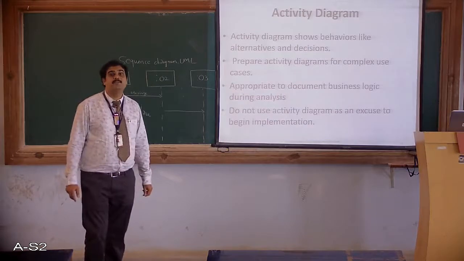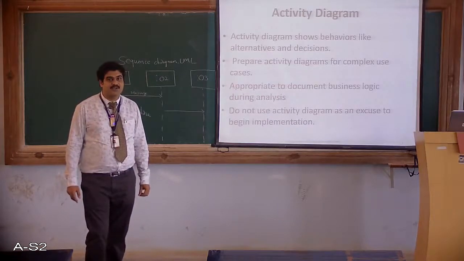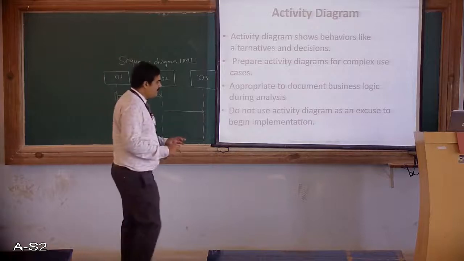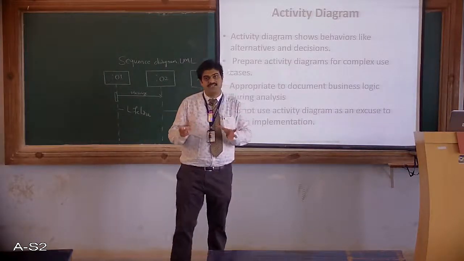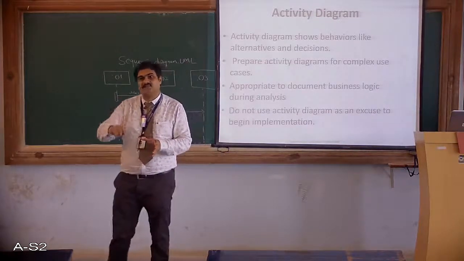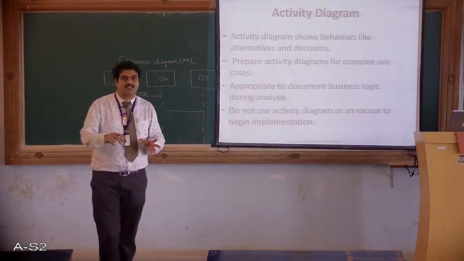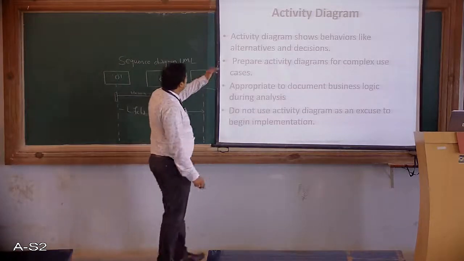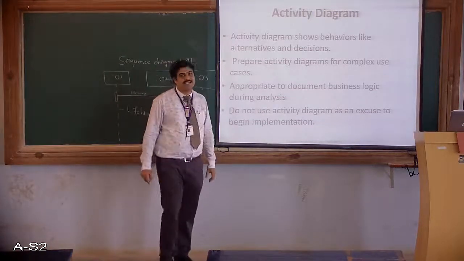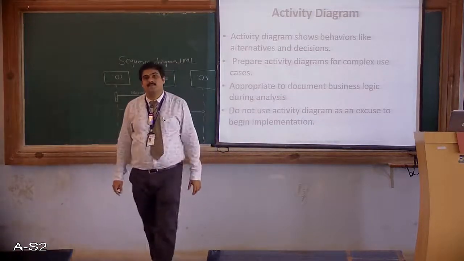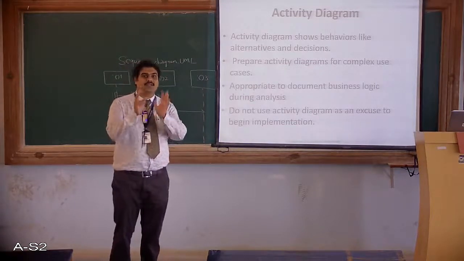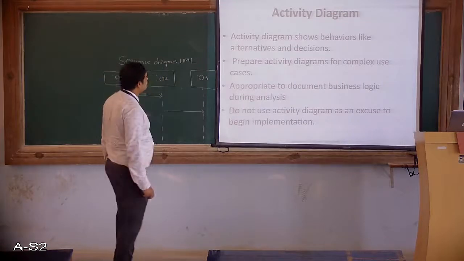This is very important. What is an alternative? There may be different methods available. For every case there may be some decisions, maybe success, failure or true, false, and how they need to be taken care of. You can show that through the activity diagram very systematically, considering all the different actors of a given system.